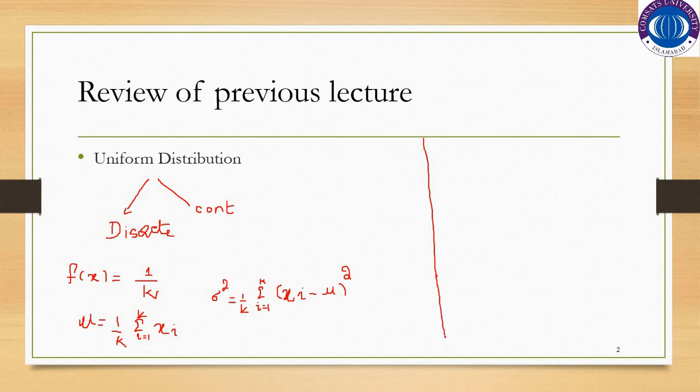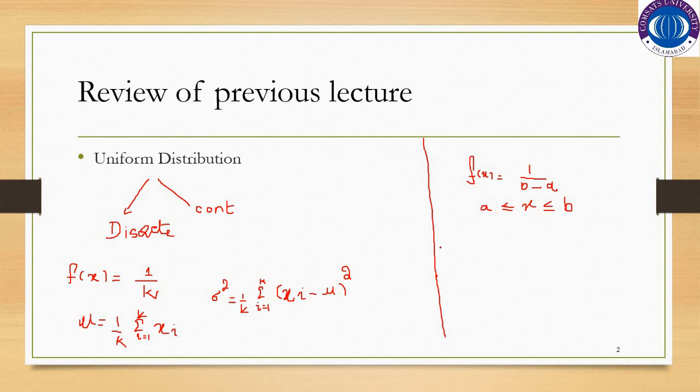In case of continuous, f of x will be equal to 1 over b minus a, where x is between a, less than or equal to x, less than or equal to b,